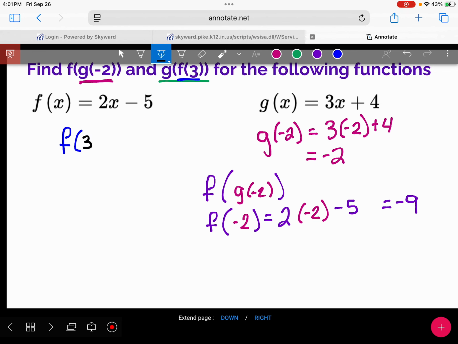We're given this 3. So we're going to take our 2 times 3 minus 5. So that's the same thing as 6 minus 5. So f of 3 equals 1. So then if we want to do our g of f of 3,